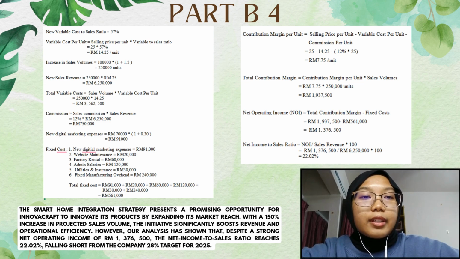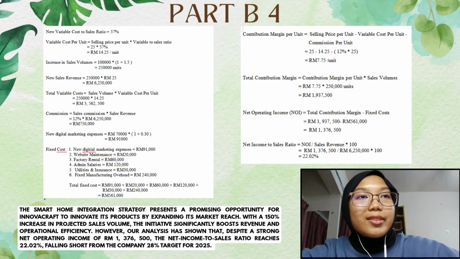We pay a 12% commission, so the commission would be RM750,000. The fixed costs include not just marketing and admin costs, but also manufacturing overhead of RM240,000. With the 30% increase in digital marketing, the total fixed cost becomes RM561,000. Next, we calculate the contribution margin per unit, which tells us how much profit each unit brings after